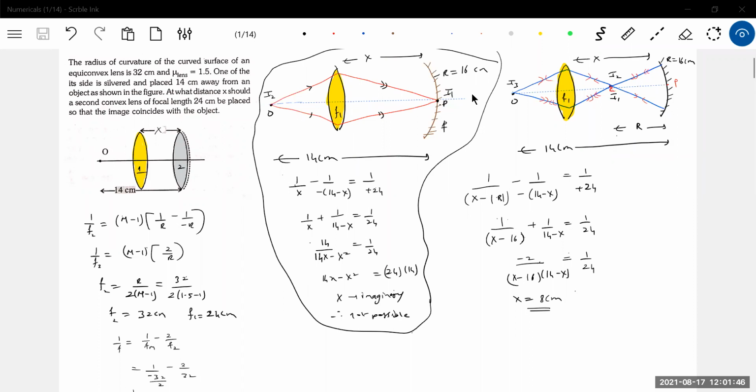X is 8, this should be 6 centimeter. That's all. 8 plus 6. The object distance should be like 6 centimeter. Okay, fine. And now here only, let me just conclude the